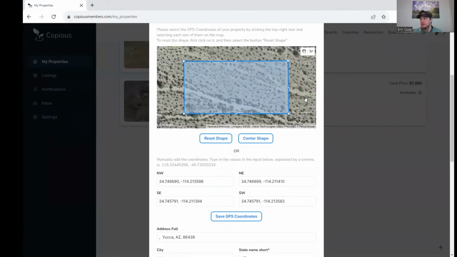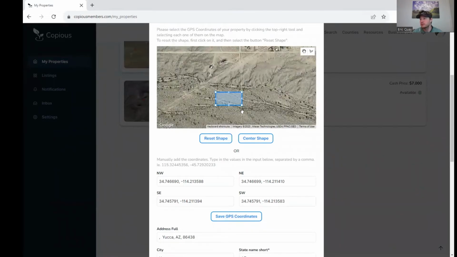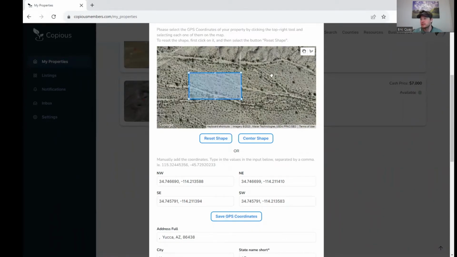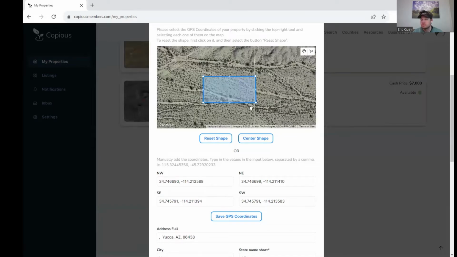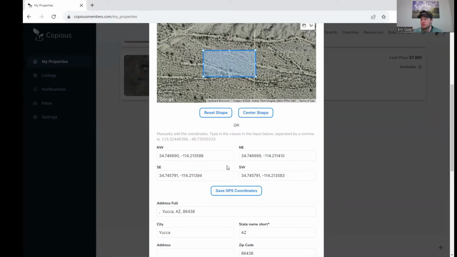Now it found it, and this is where this property is located. It is right next to BLM land. It's in a little bit of a wash area, so probably don't want to set anything permanent there, but hey, this is probably a great property for somebody who wants to ride dirt bikes and ATVs on the weekend or go explore all that BLM land has to offer. So there, we just set these coordinates here, and it drew the shape for us, and now it knows where